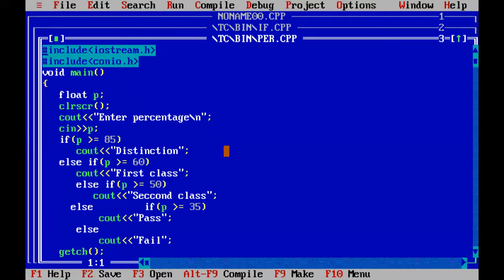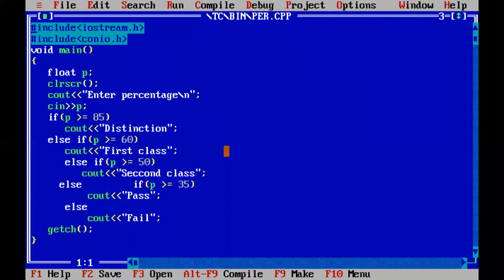Okay, so yesterday we were discussing this program. If you are facing any problem with this screen, just chat and tell me. I hope this screen is visible for everyone.